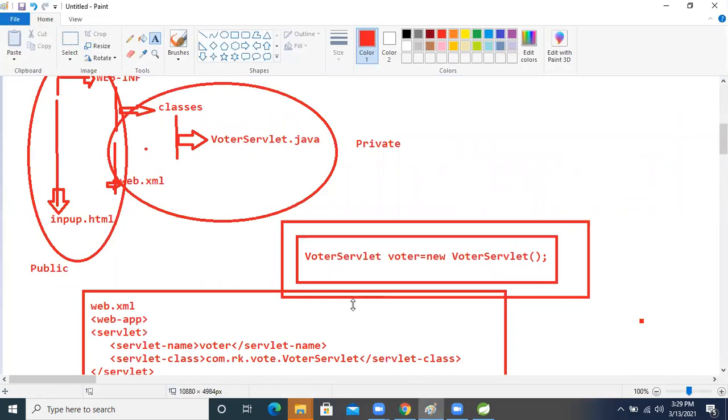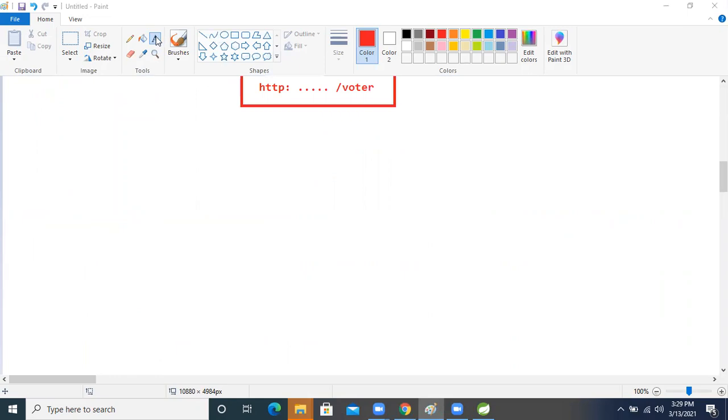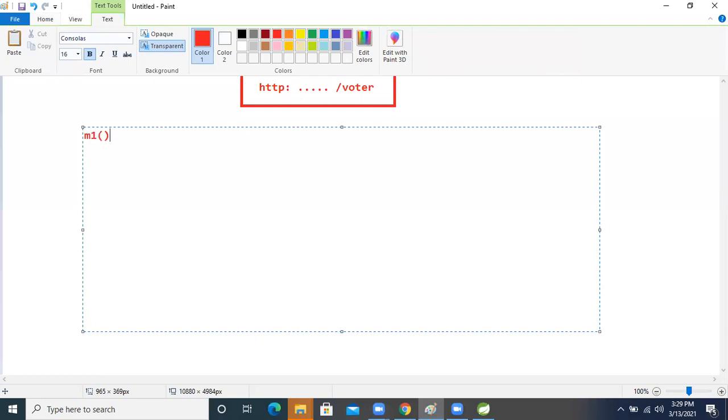So just think about it in core Java. In core Java, an m1 method is there, and another method, m2, is there. Can we call the m2 method inside the m1 method or not? If the m2 method is static, we can call it right there. It is the same thing we are doing here: we can call this method directly, the m1 method also, and the m2 method also.